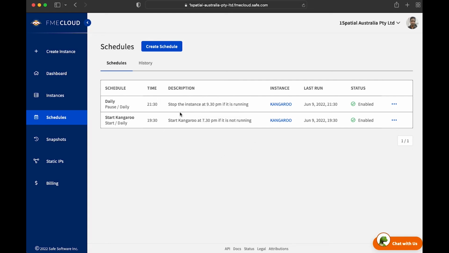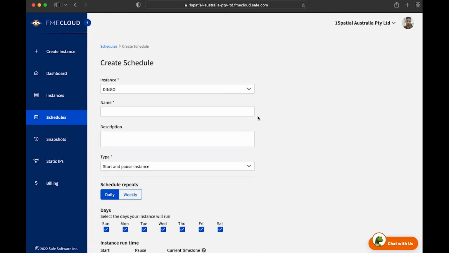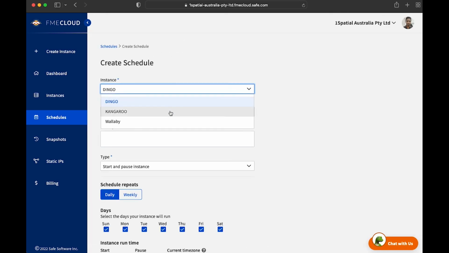Here you can see two schedules on the instance Kangaroo. So one schedule is to start it at 9:30 p.m. and to stop it if it is running, and the other schedule is to start it 7:30 p.m. daily. And if you click create schedule, you can select the instance,